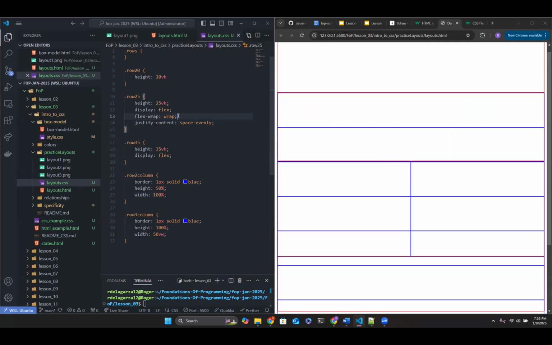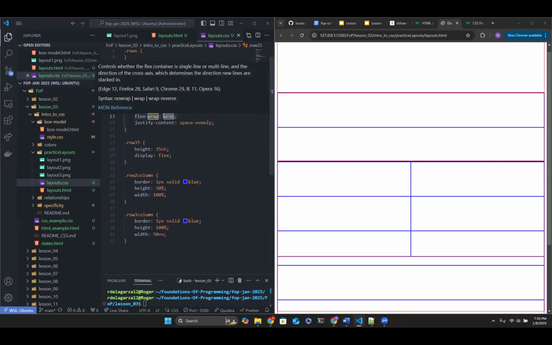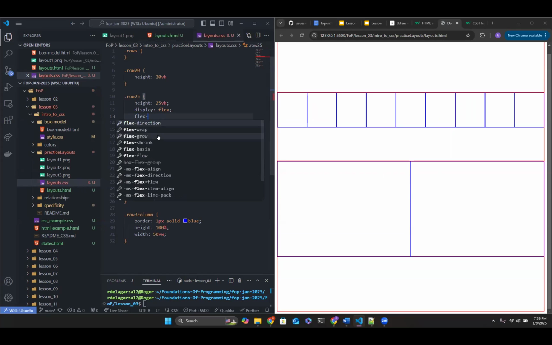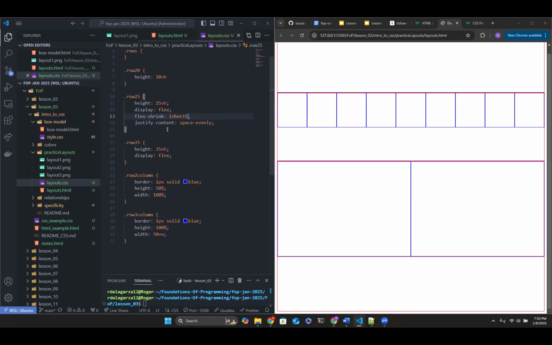Flex wrap, flex wrap, flex shrink. I wonder how this works. Inherit.